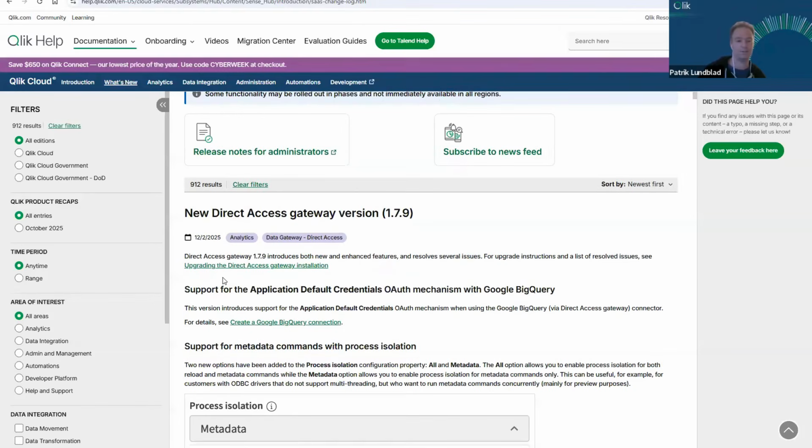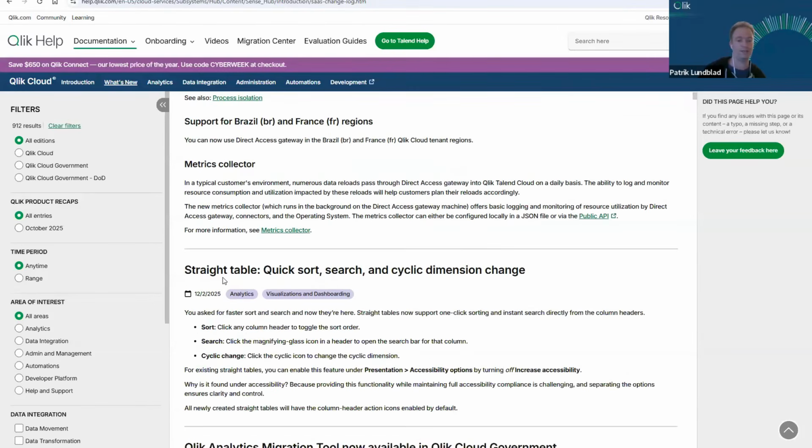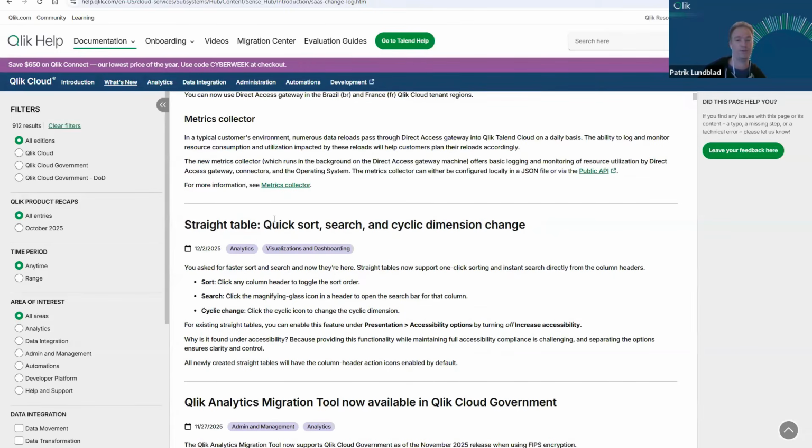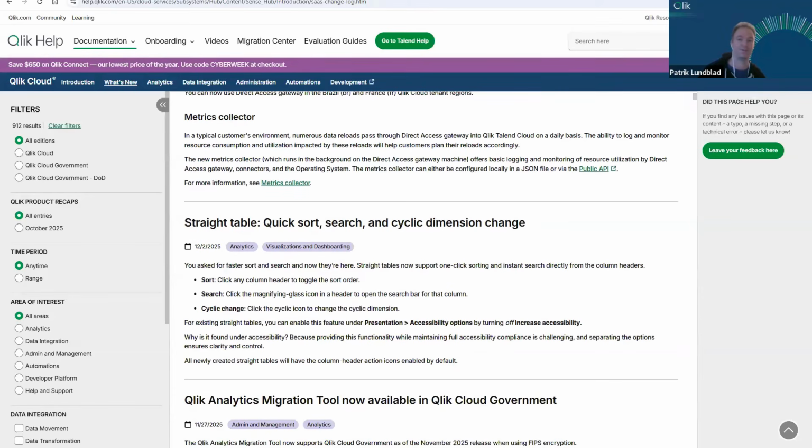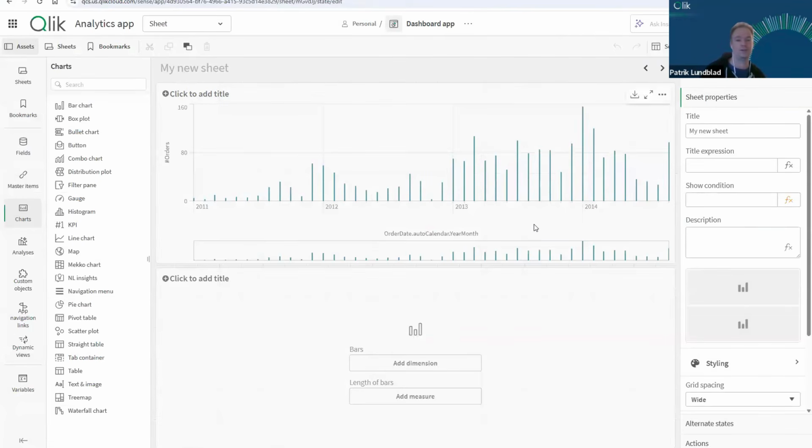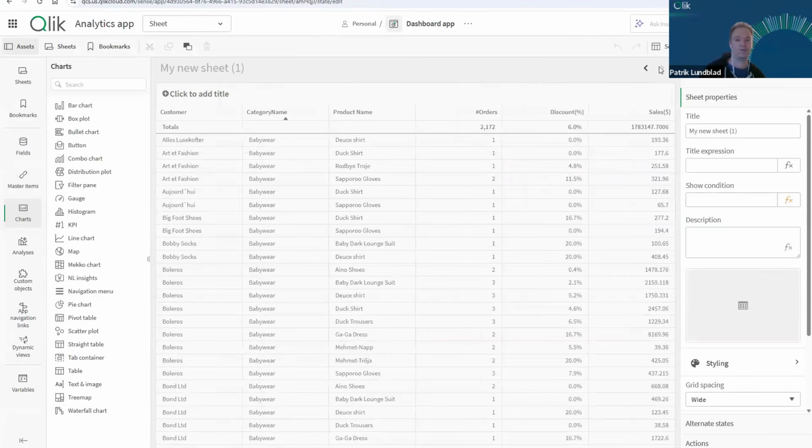So in the release notes that so far have appeared today, we have some straight table updates, because we've been talking a lot about straight table in this webinar. So we added quick sort, search, and cyclic dimension change to the table based on feedback that this was something that felt better in the old table compared to the straight table. So if you go into an app right now, and if you create a new straight table, so let me just